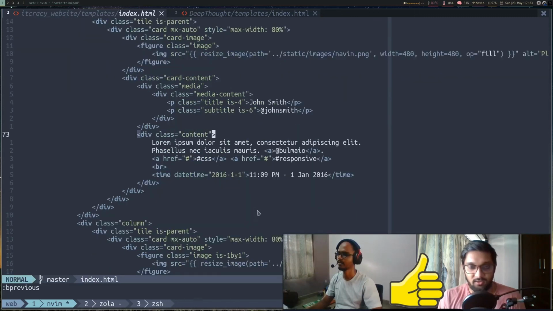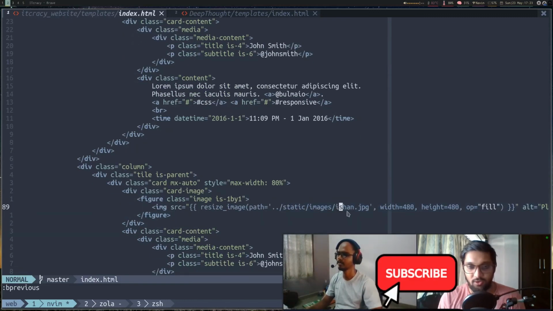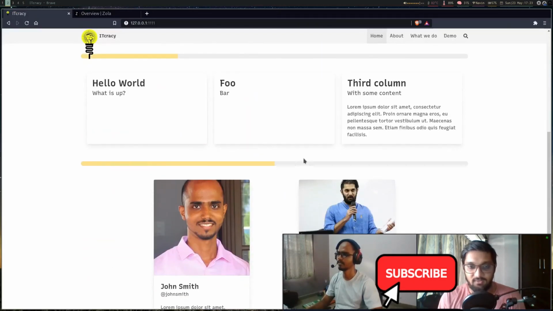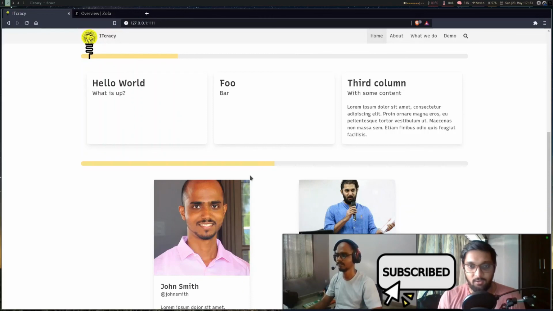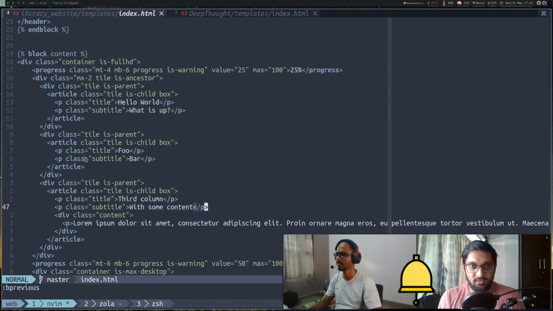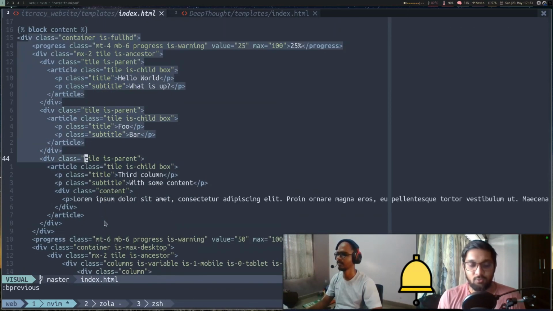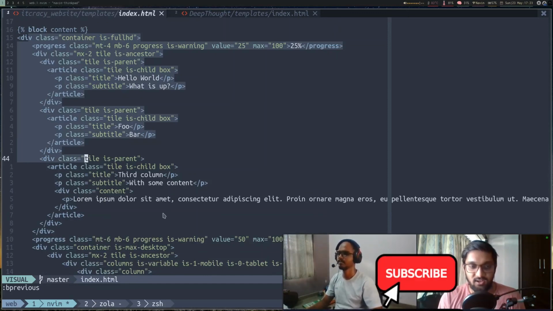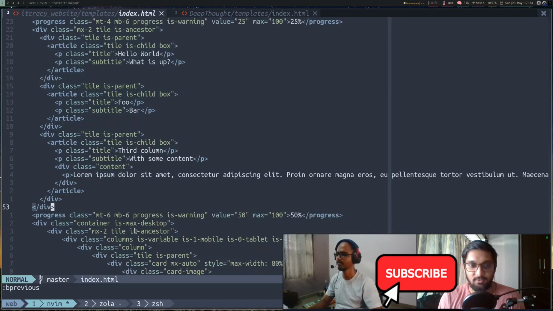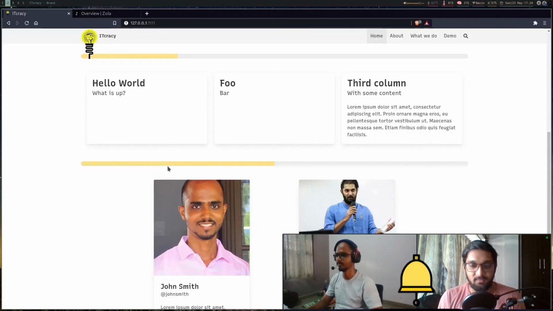Here, in the new templates that we have added, we have not used the power of the Tera template engine and Zola. So in the next part, we will modify our templates in such a way that we use the power of Zola and Tera templates to change the content without changing anything in our HTML page. Using just MD files and config files, we'll be able to change the content that we want inside these pages. That's what we are going to look at in our next video.